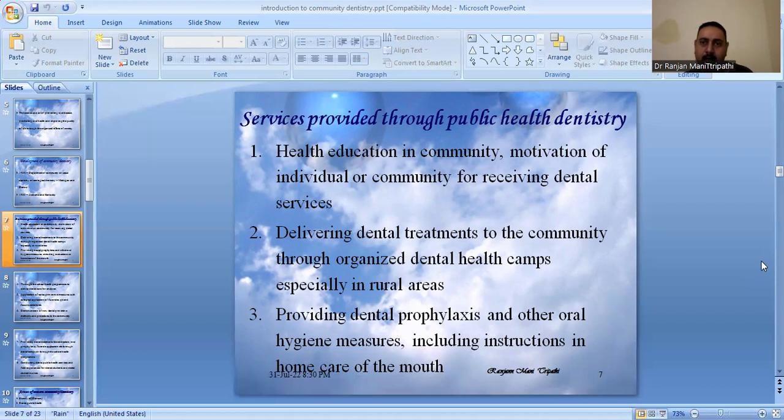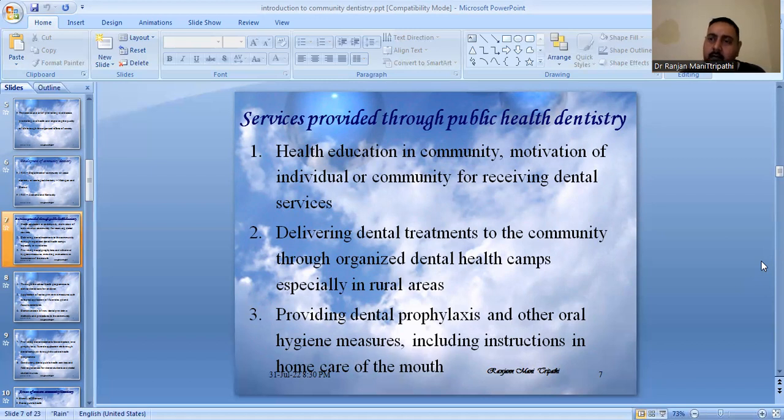It is provided by public health dentistry. Public health dentistry delivers dental treatment to the community through organized dental health camps, especially in rural areas where the facility is not available or is still out of reach,